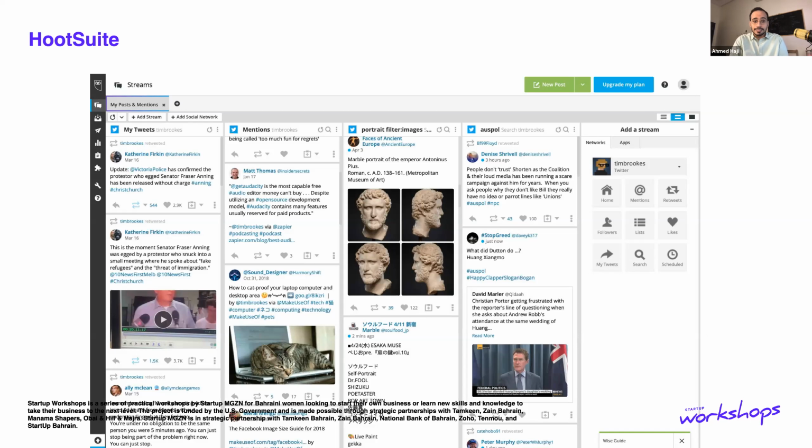One great thing, and this is related to security: once you add your social media accounts to Hootsuite, you can assign people to your Hootsuite account instead of giving them the passwords for your social media accounts. So your employees, your social media manager, don't have to have your Instagram password or your Twitter password or your Facebook password. You add them here as their own users, and they will be able to manage your accounts through Hootsuite as well. So Ida is asking,